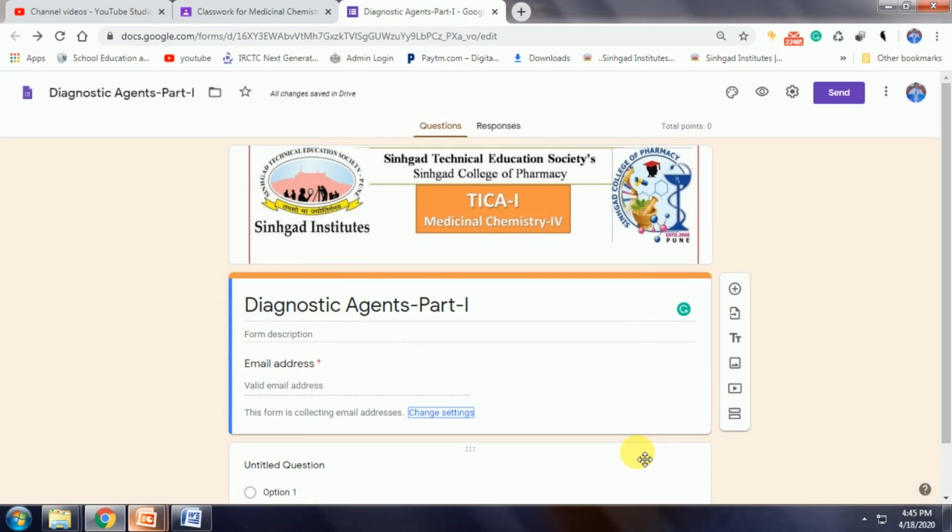for putting all the answer questions in the Google form, because these are the settings which are very essential. Before putting any single question, you do that first. Now after this, let's start by putting the question.